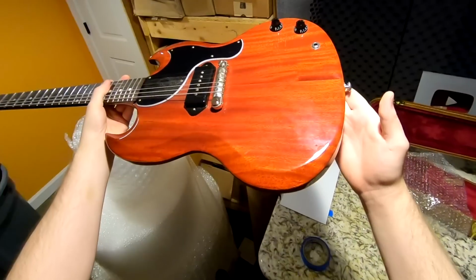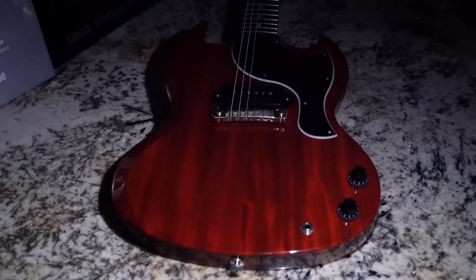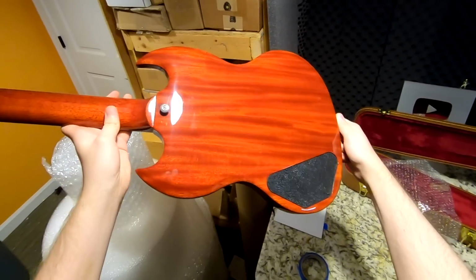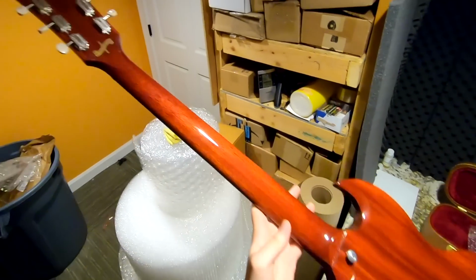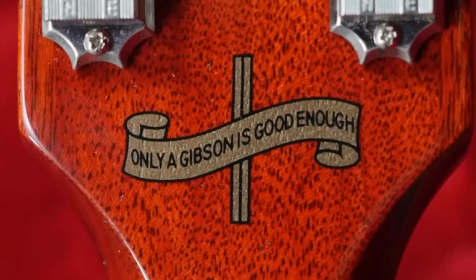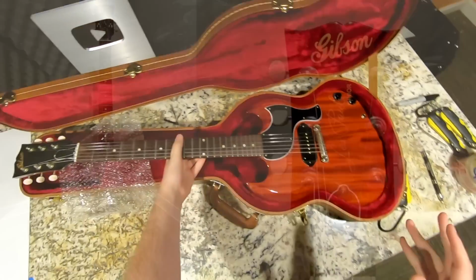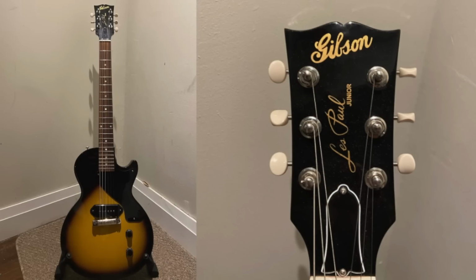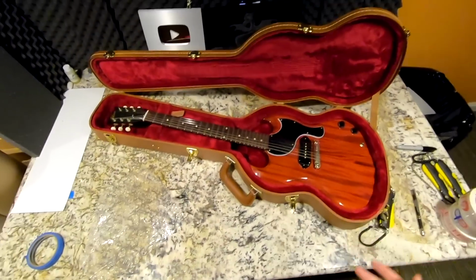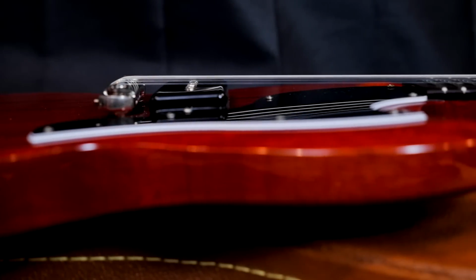But the other reason why I remember this one is it's a beautiful ribbon mahogany going on here. Looks like a 2-piece body on this one, but it dances so much, and not all of them have this. So that's why I remembered this particular one. And the other unique thing about these is it has the "Only a Gibson is good enough" banner on the back side of it. And they made SG Juniors like this particular one, and they also did a Les Paul one in this variant. So I think if you're going to pick up one of these more boring juniors that only have one pickup, there's nothing too fancy about them, I would suggest going for one of these 2018s,